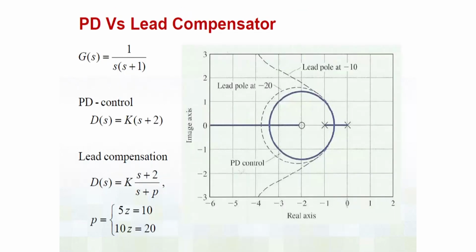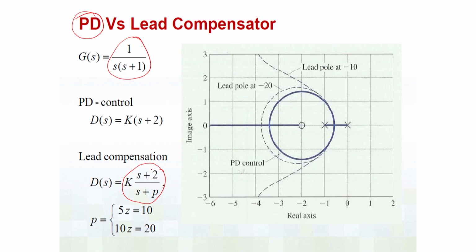Now, I also at this point want to tell you that instead of a lead filter, we could have achieved the same thing with the help of a proportional and derivative compensator, which is also known as PD compensator. So, suppose I take a plant which has one pole at the origin. So, it is 1 over s into (s plus 1). Now, instead of a lead compensator, which can be something like k (s plus 2) over (s plus p),